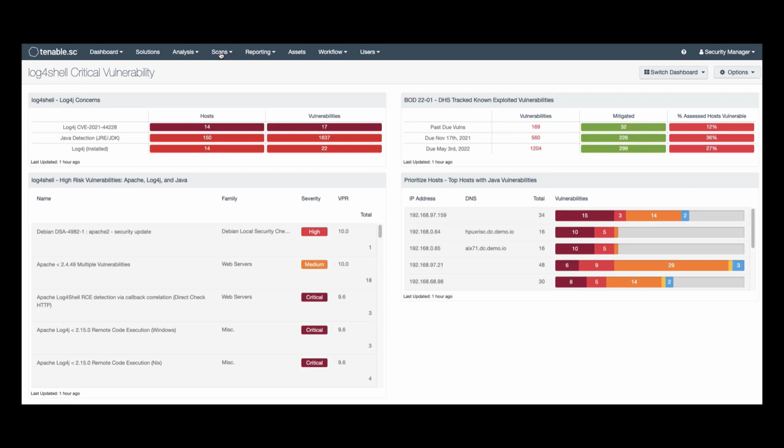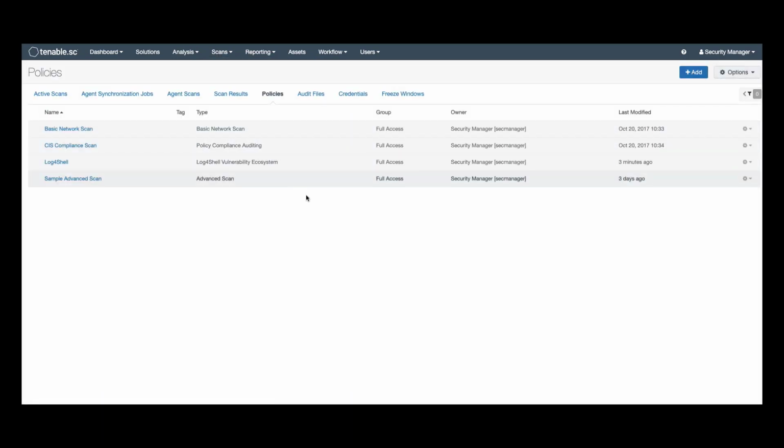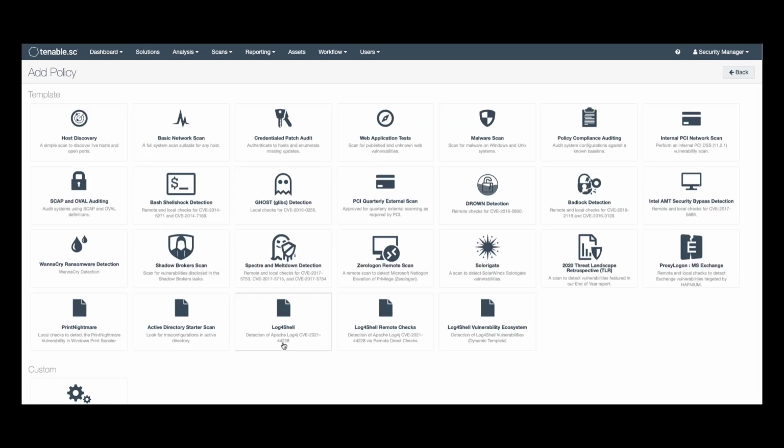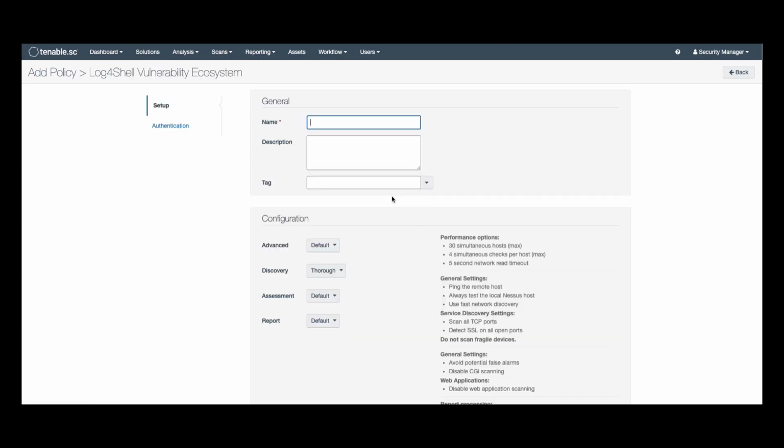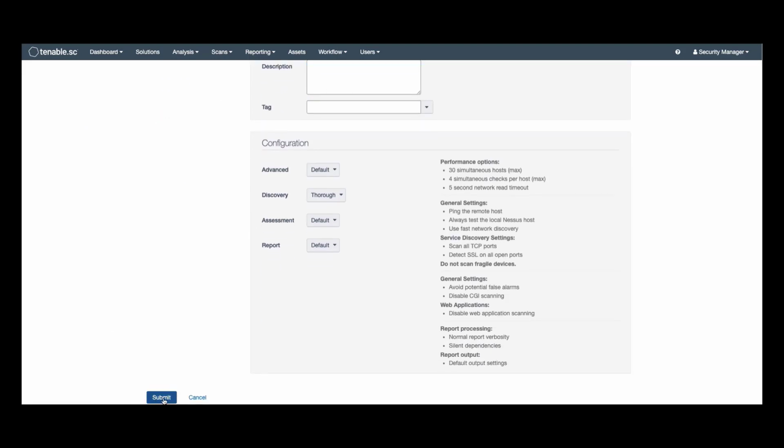First, let's talk about detecting Log4j and the associated vulnerabilities. Tenable has released both plugins and scan policies to help customers search for this in their environments. The plugins and the scan policies will appear automatically in the application for most customers. Air-gapped environments will want to make sure that they update both the plugins and the feed to get these new assessment tools. Simply go to Add under Policies and select the policy that you want. Detailed descriptions of these policies is also available in the links below this video. Once the policy is added, simply click Submit and it will be available for use.